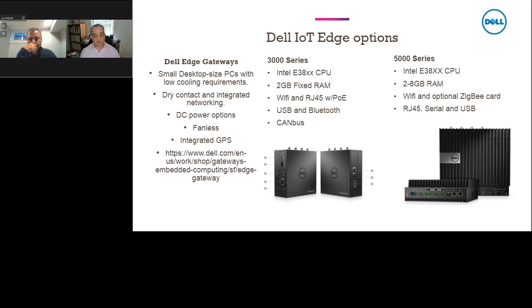And Dell is a fantastic partner of ours, and they have some amazing edge devices. They look like small desktop-sized PCs with low cooling requirements, so we can stick these into closets. Sandeep mentioned that we put these in a restaurant. We've actually put them literally right next to a grease fryer. You can put them in all sorts of different places, and they work great, right? They're fanless, they have integrated GPS that prevents the system from being borrowed accidentally, and those kinds of things.